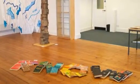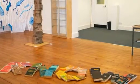Carolyn, could you tell us about your exhibition that's open at the moment called From Knowledge to Belief? Well, the title came from my thinking around what people know and what people believe, and that they can be quite different. So the first section of my installation is looking at the impact technology has had on climate change,